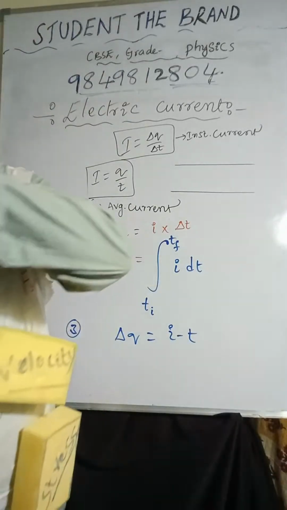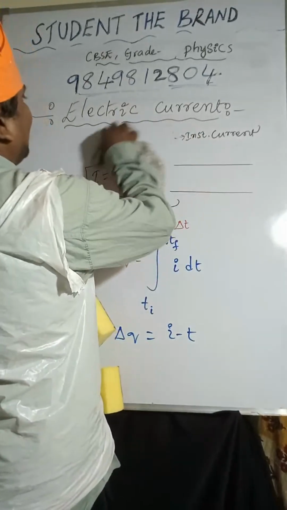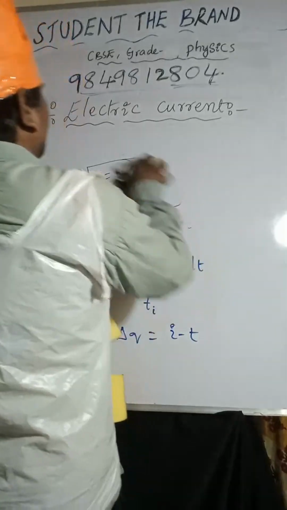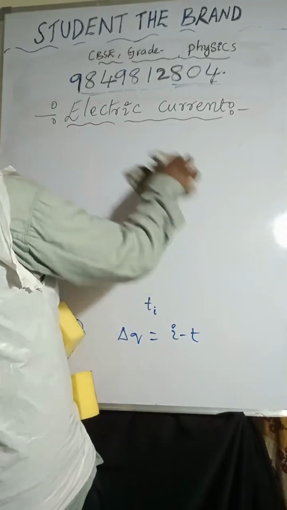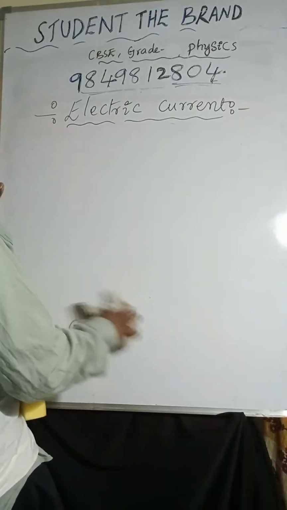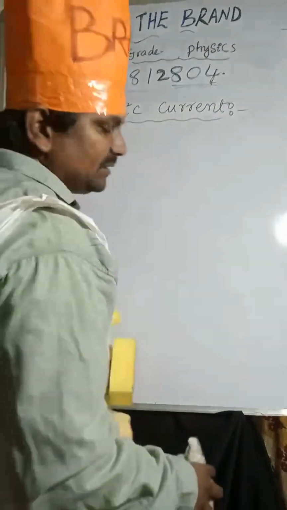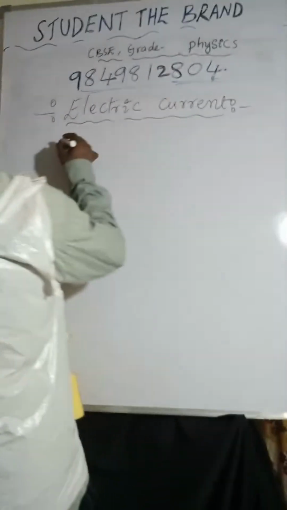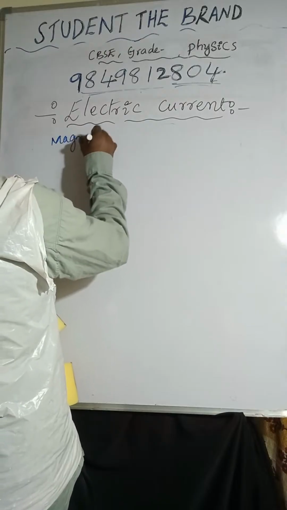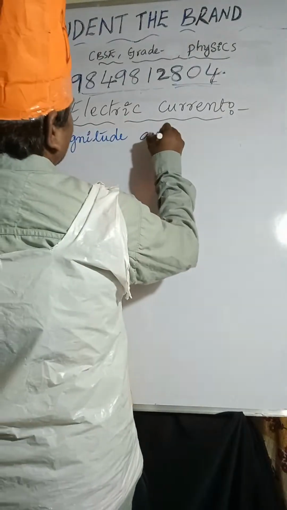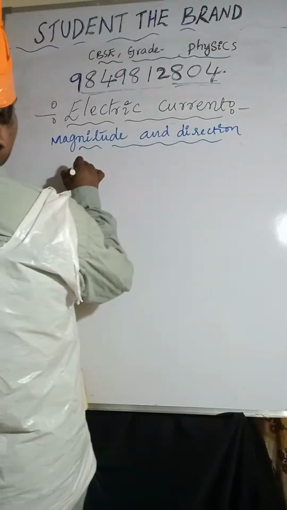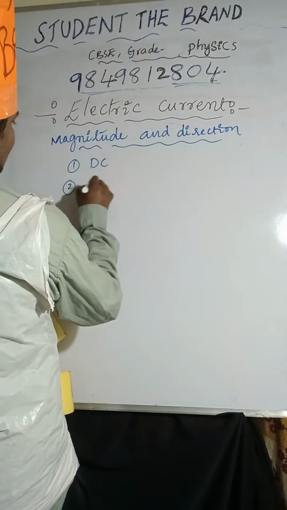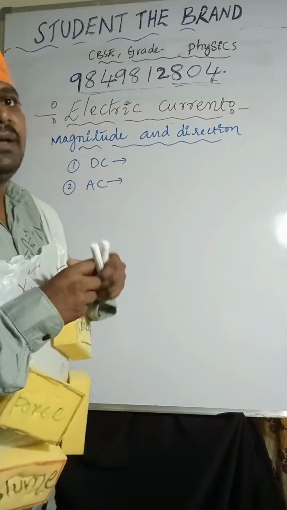So this is about current. Based on the magnitude and direction, current can be divided into two parts: direct current and alternating current. Alternating current is AC, direct current is DC. Best examples for direct current: